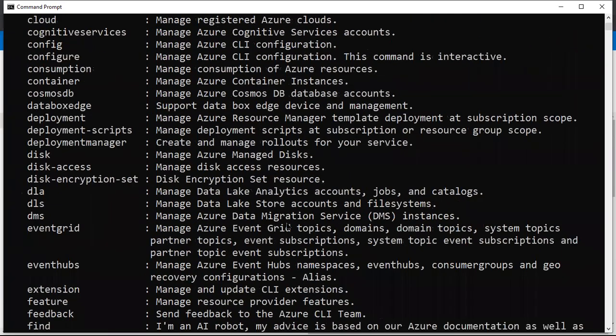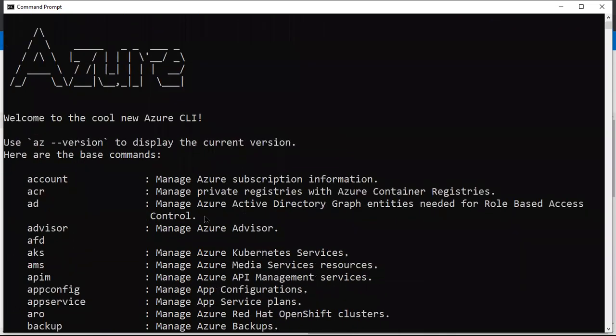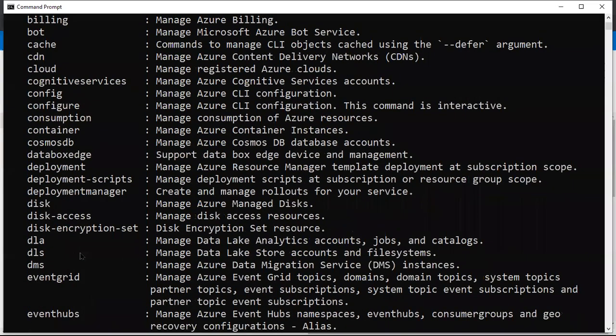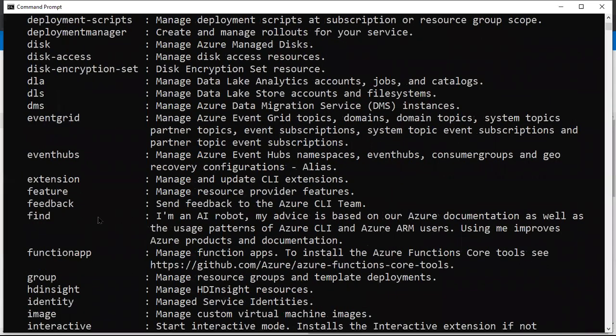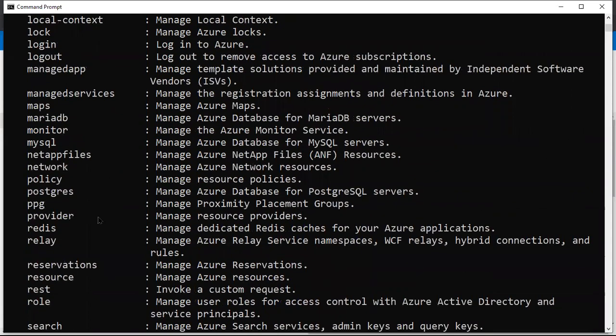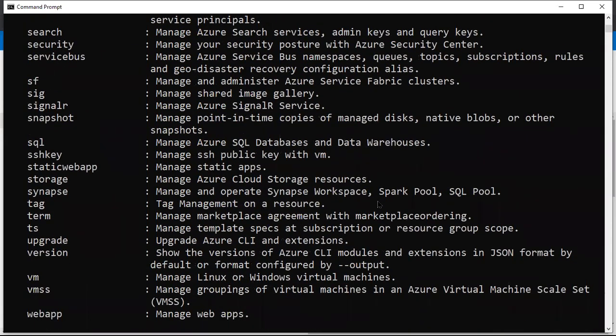By using CLIs here, we can connect to the portal using account information. We can create the databases, we can create the servers. Everything we can perform by using this Azure CLI.